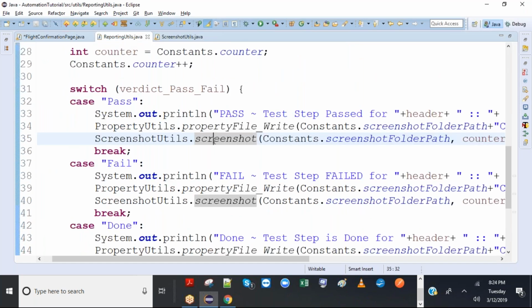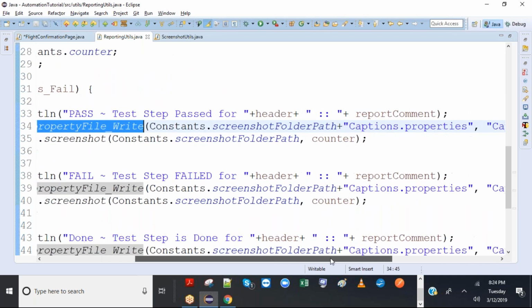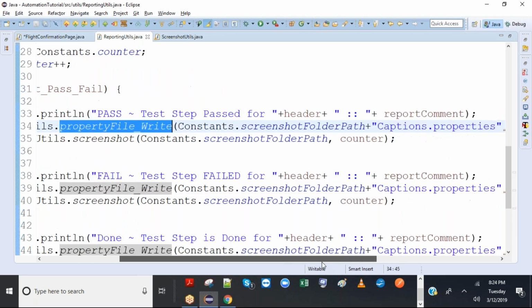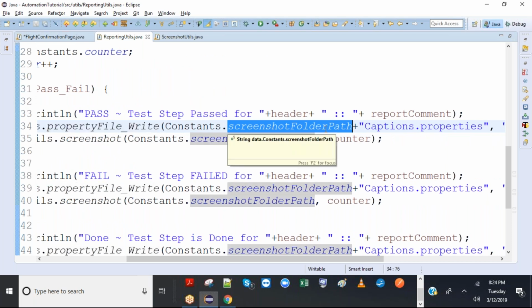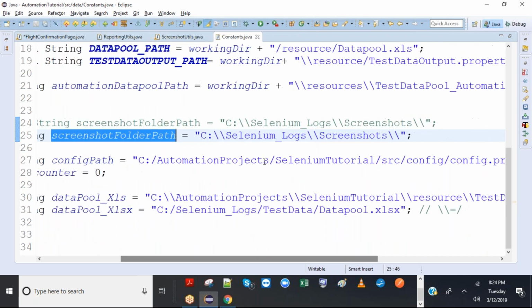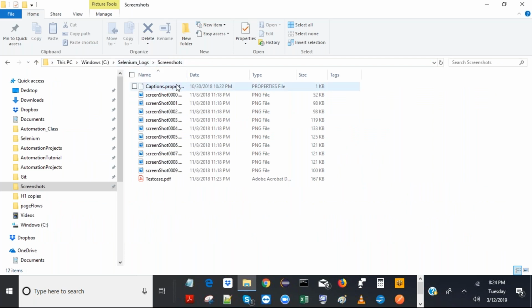Reporting utils not only deals with taking screenshots, but also writing the property file. In property utils, I already created two functions in the last class, property file write and property file read. Write is the function we want. Last class I did not show it completely, so I'll show that also. The screenshot folder path is the first thing it takes. I set the same path, Selenium logs screenshots folder.